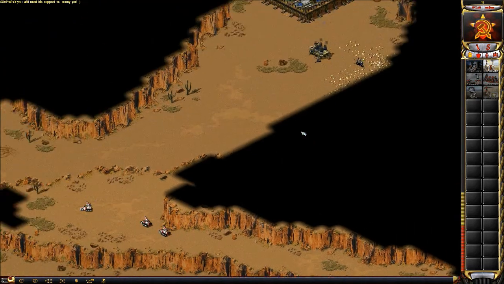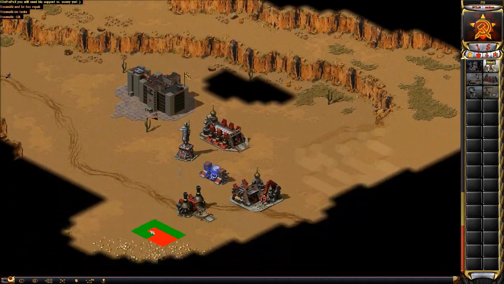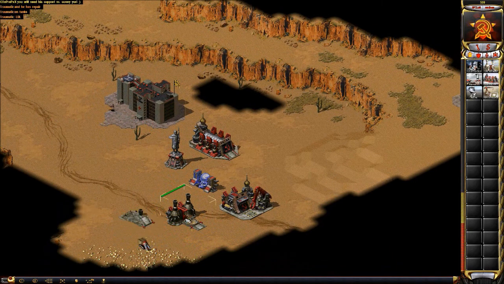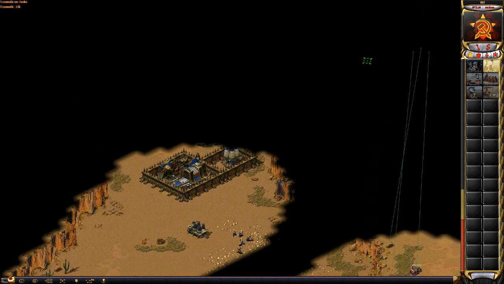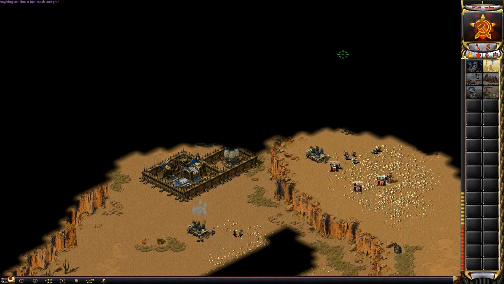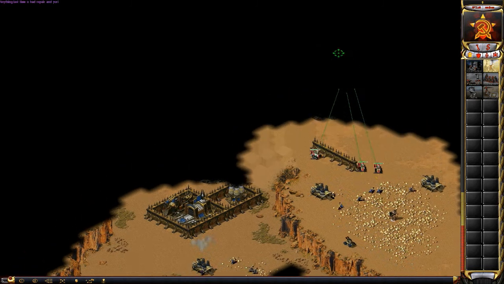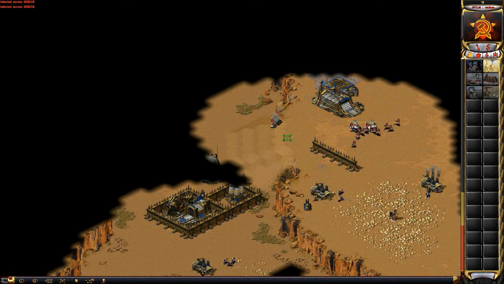And notice I don't have it scouted. My economy is actually kind of weak because I spent it all on conscripts instead of on miners and refineries early. For some reason, he...